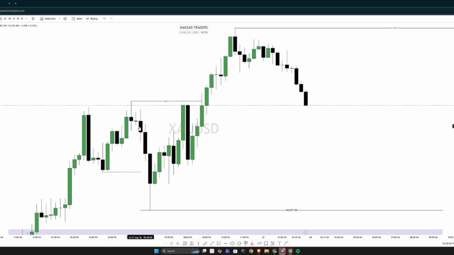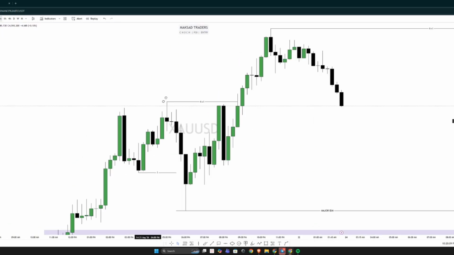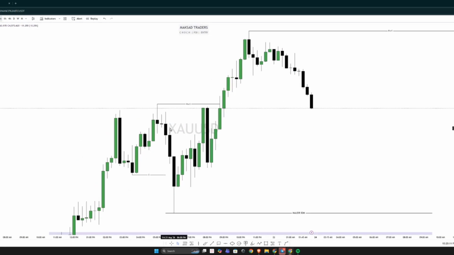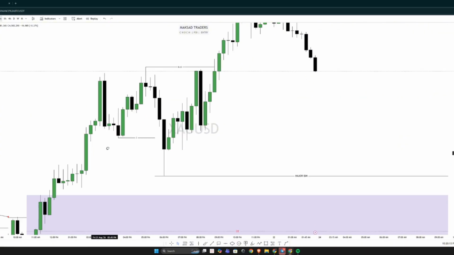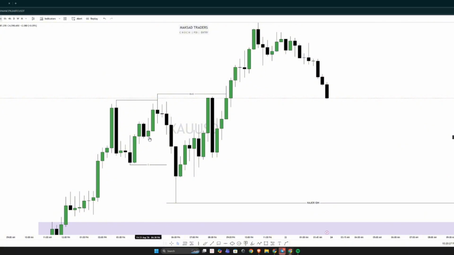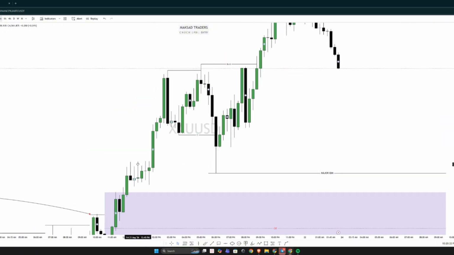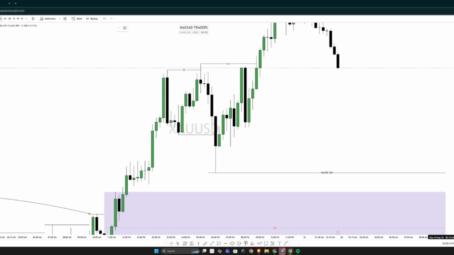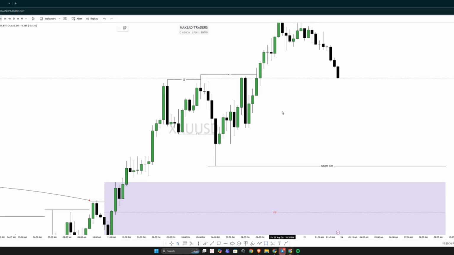On 15 minutes, where we were, yeah. So this is what we have in 15 minutes. Let's see from here. High, low, high, low, high, low. And then here we have a structure shift, and there is your inducement. After the inducement, what exactly happened? As you can clearly see, how exactly things work.